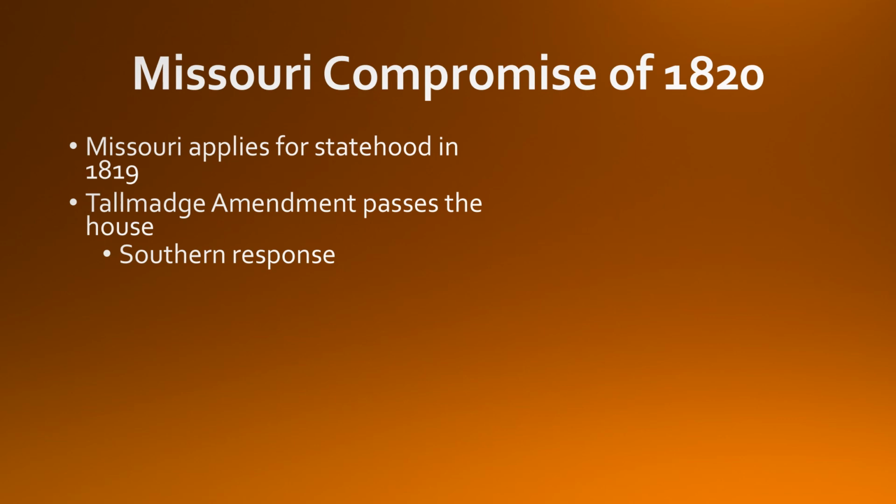serious fear about the future of slavery. Thomas Jefferson is quoted saying that this momentous question, like a fire bell in the night, awakened and filled him with terror. And Southerners feared for the future of the slave system. They saw the fast increase in the northern population and economy. They saw that the political balance in the House seemed to favor the North. Luckily for the Southerners, the Senate was still balanced with 11 free and 11 slave states.